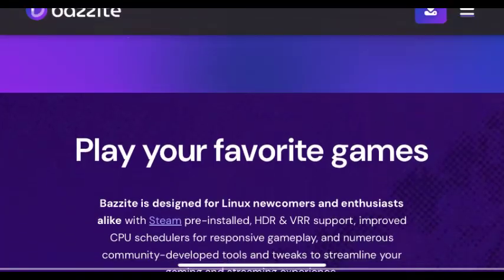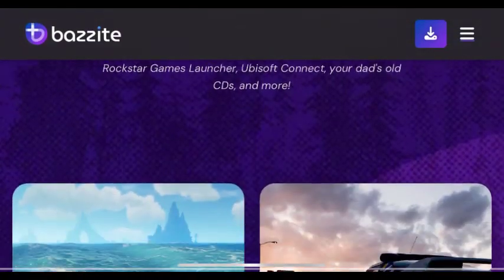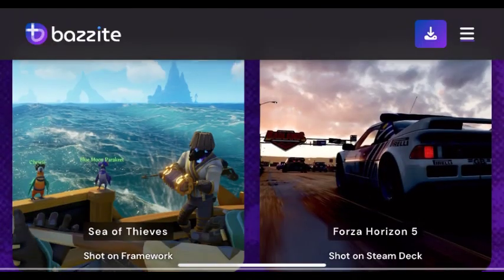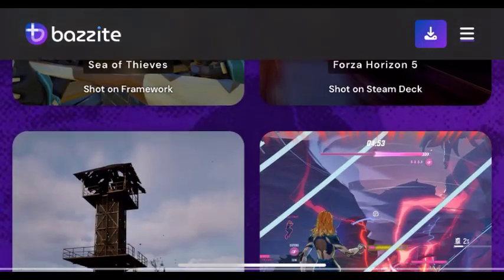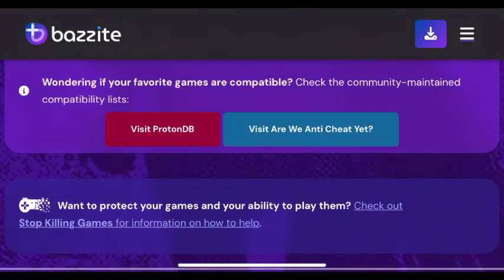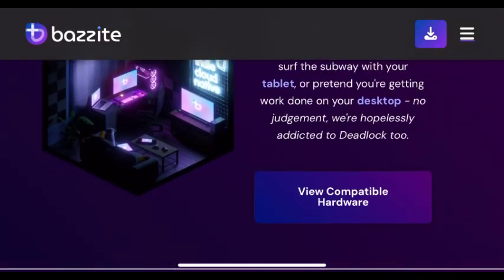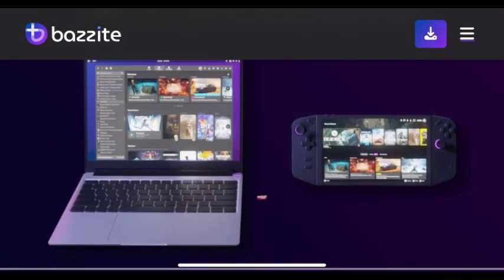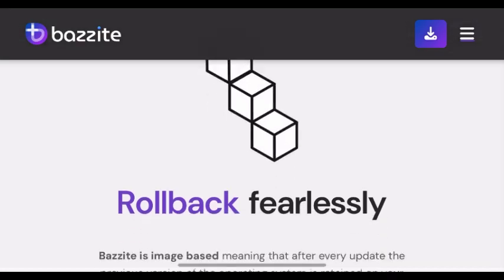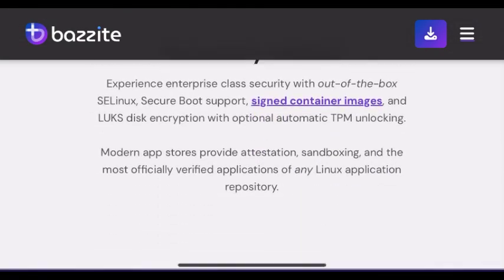Talking about Bazzite. Bazzite in 2025 is a Fedora-based immutable distro tailored for gamers with Steam, Proton, and Lutris pre-installed, plus strong drivers and controller support. It's stable, secure, and great for anyone who wants a plug-and-play Linux gaming setup. The downside is that its immutable design limits customization, and being newer, it doesn't yet have the massive community or